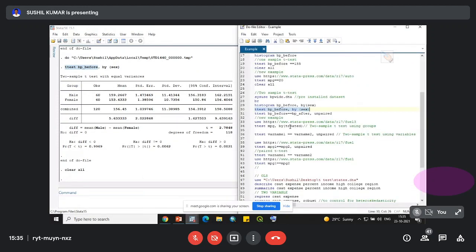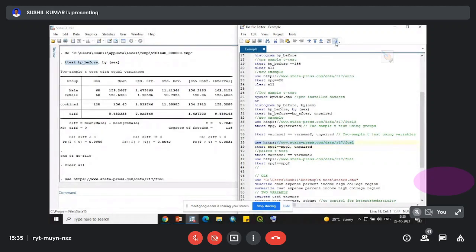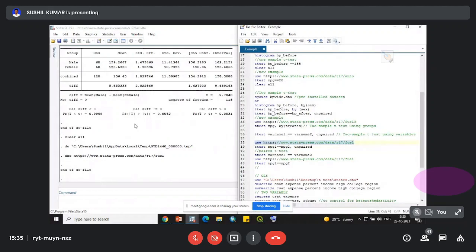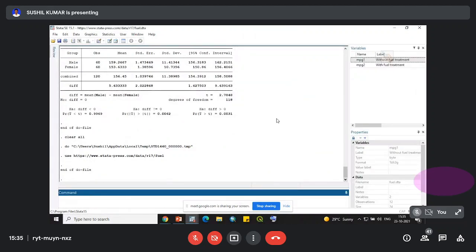For this, we are going to use a dataset that I have downloaded from the internet, that is use HTTP fuel dataset. So I will quickly load this dataset. Just click this command, execute command, and it will load your dataset. Now you can see here also there are only two variables, mpg1 and mpg2.